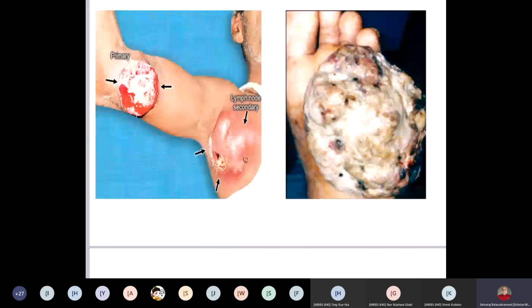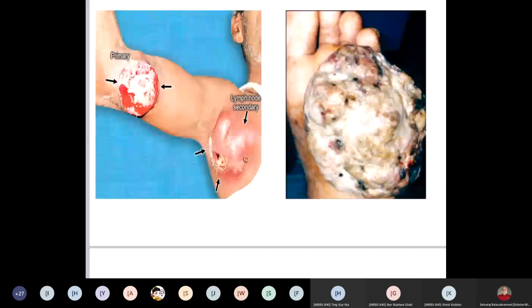Suppose your patient has the same squamous cell carcinoma in the foot. You can see it in the second picture. So where will the lymph node get enlarged for this foot ulcer, which group of lymph node will be enlarged? Can you tell me? It is definitely not the axilla. Axilla is only in the upper limb. Yeah, inguinal group. So what type of surgery will you do in inguinal lymph node enlargement? Can you tell me?